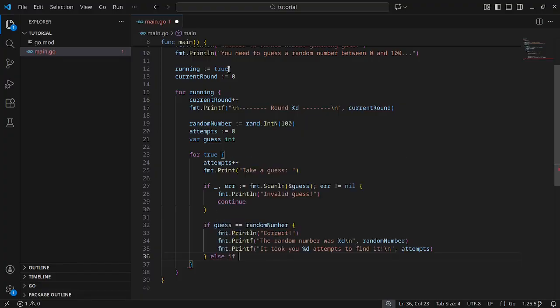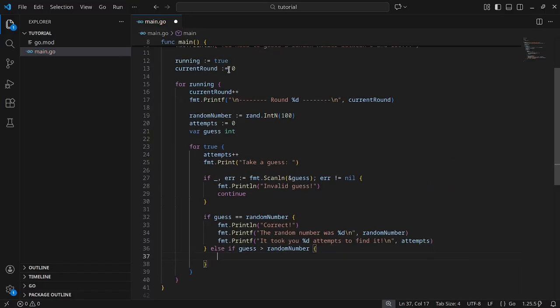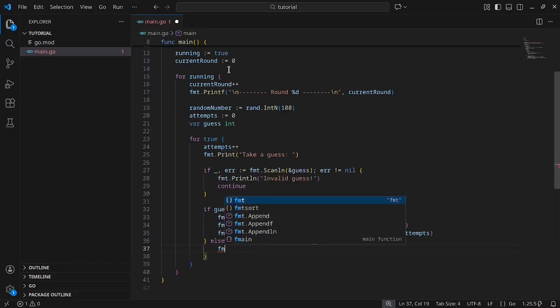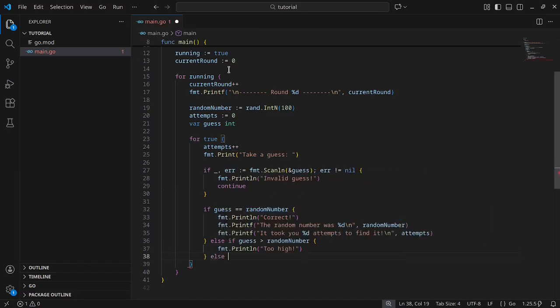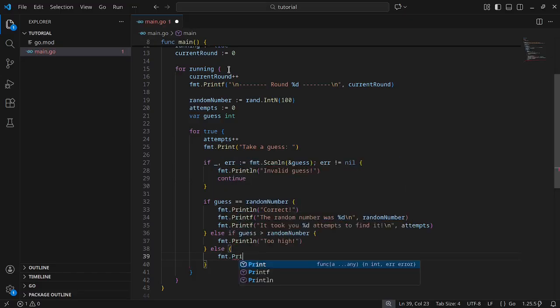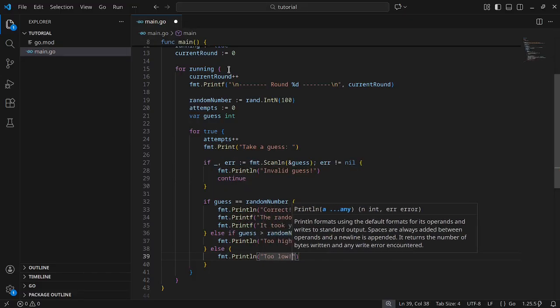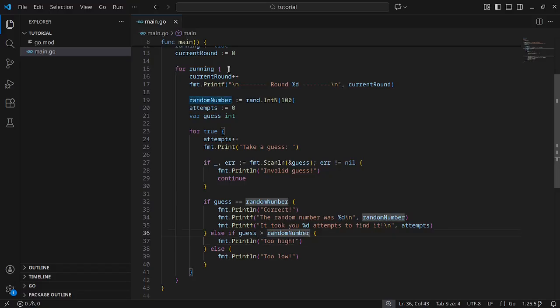So here I'm going to say else if my guess is greater than random number, I want to just hint the user in which direction they're going. If their guess is greater than random number, then the random number is between 0 and their guess. So here let's say fmt.Println too high. Otherwise I want to say too low, because basically if our guess was not greater than random number nor equal to random number,